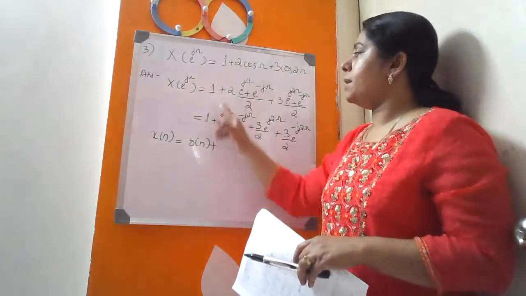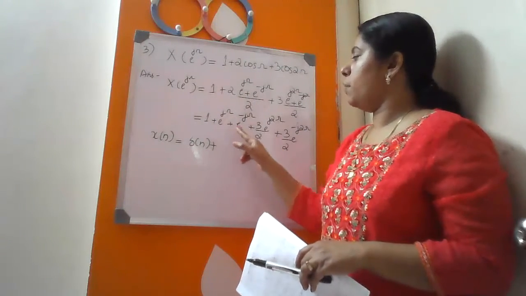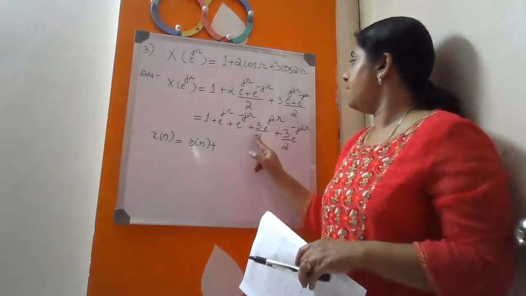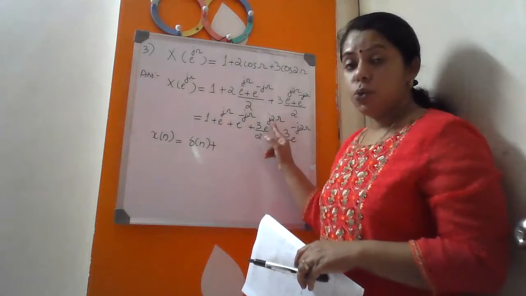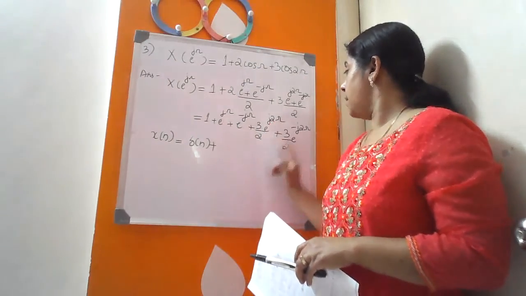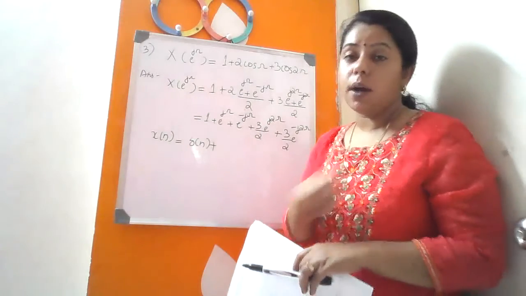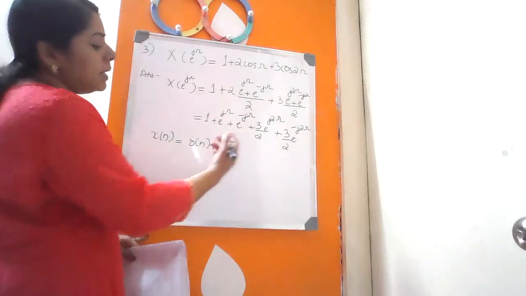Then I expanded it again. So here I am getting 1 plus e power j omega plus e power minus j omega plus 3 by 2 e power 2 j omega plus 3 by 2 e power minus 2 j omega. Okay, so this is what I'm getting. If you get it in this form, you can directly write